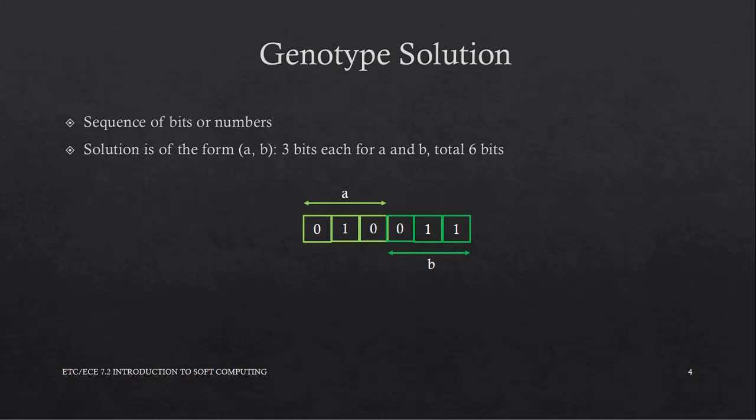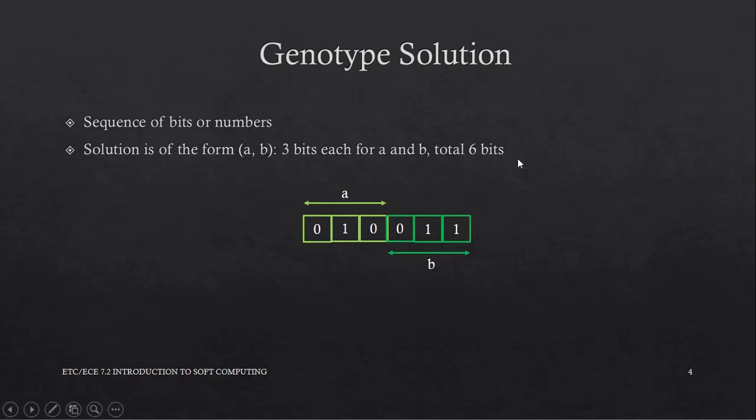In our example, we represented a solution in the form A, B, where A and B can take any values between 0 and 5. Now, to represent A, we require minimum 3 bits because 2 raised to 2 is 4 combinations, only 4 possible values. But if you take 2 raised to 3, it is 8, and there are 8 possible combinations. Here we have 6. 6 is less than 8, but 6 is greater than 4. So we better take 2 raised to 3, so 3 bits. So to represent A, we require a minimum of 3 bits. Similarly, to represent B, we require a minimum of 3 bits.